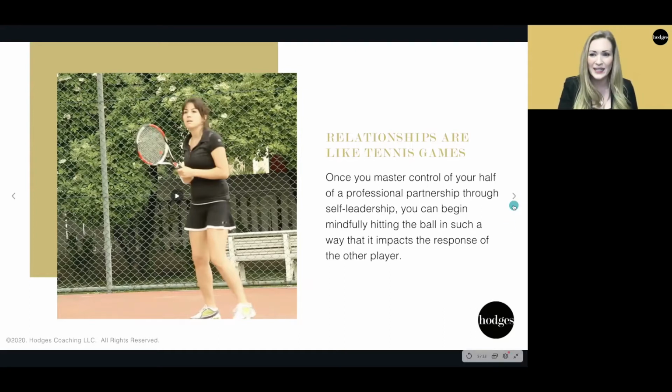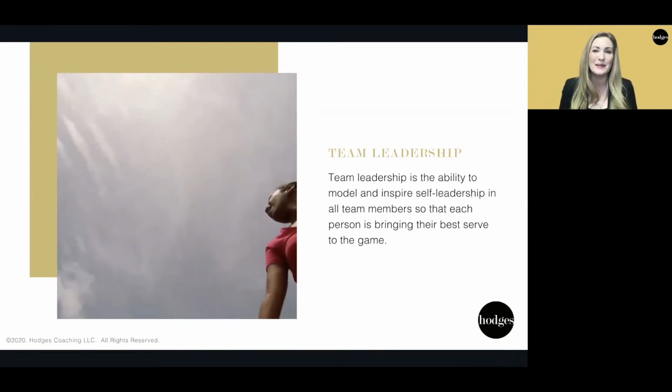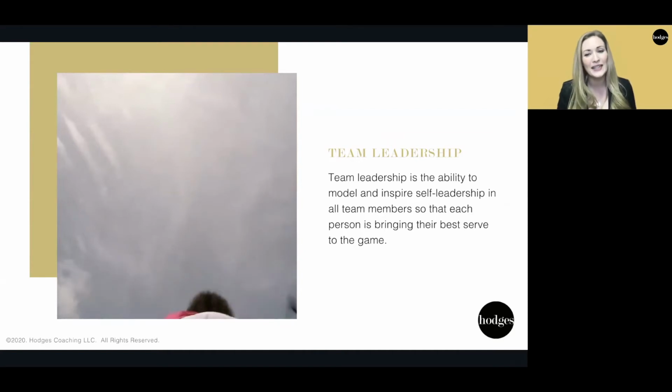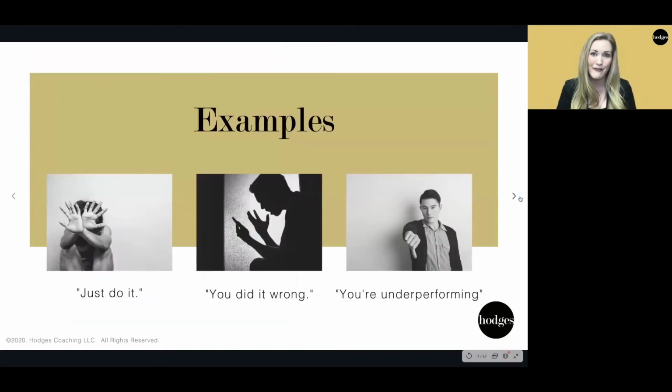That you're on the same team or maybe you're their teacher. I don't know. But that's what team leadership is all about. It's the ability to model and inspire that self leadership piece so that all team members can feel excited and they can bring their A game, their best serve to the game. That's what's really cool about team leadership is the positive influence it can have.